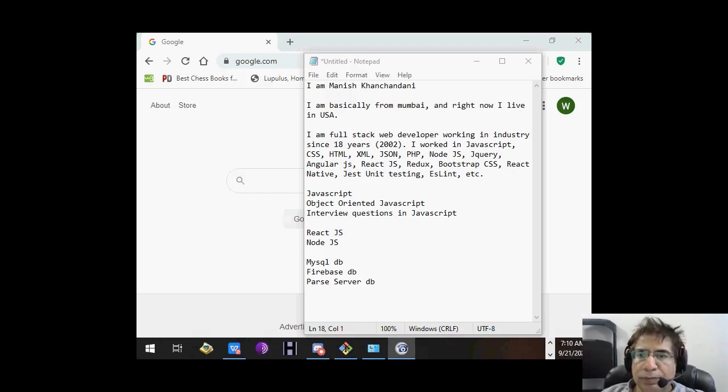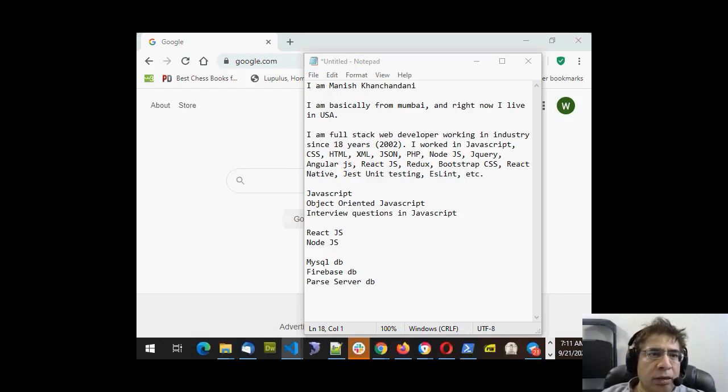Okay, so now first thing, which software you have to download for this course, or which things you have to do before the class, before we really start the coding. So first, one of the software which you have to download is